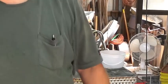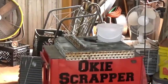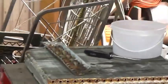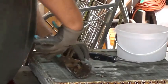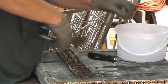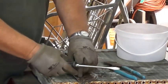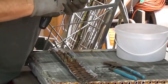I'll see if I can't zoom in a little closer. Maybe you can see what I'm doing a little better. Got that rounded back on the channel lock, so a lot of times that works good for getting leverage. But like I said, a lot of times just a good flat screwdriver works good too. You get it close, normally they'll pop out good, but like I said, you got to have a pretty fine blade, so